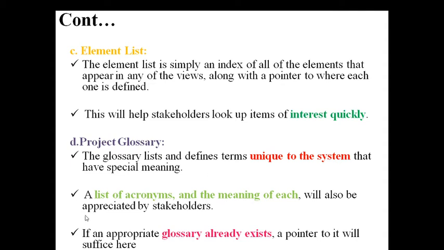Okay, so it contains a list of acronyms also, that is abbreviations and the meaning of each. Right. So if an appropriate glossary already exists, a pointer to it will suffice here. Whenever we give some appendix, right? We give some appendix in a project. What does it contain? It gives a list. If you are not able to accommodate your list in your project, you can give a link to the appendix. It can be very flexible for us. Instead of explaining the total thing at one place, we can go to the end. So here also, if there is anything that already exists about your project terminology, instead of giving it inline, we can go to the appendix. Okay, ma?